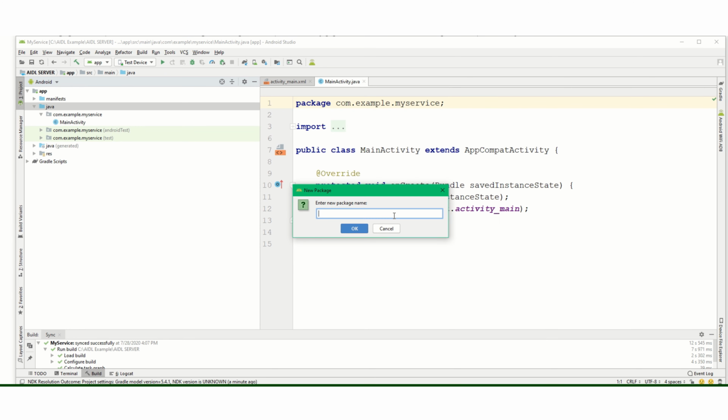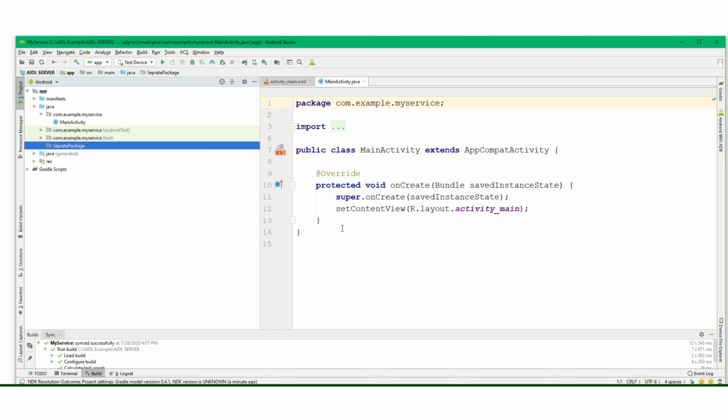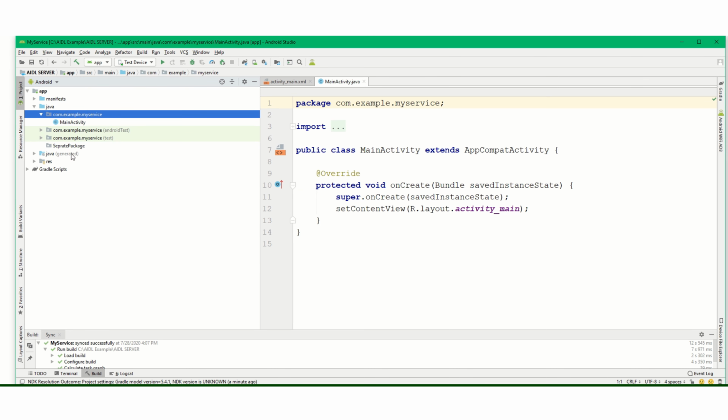You can name it anything. I'm naming it separate package. Hit OK. So one separate package is created.